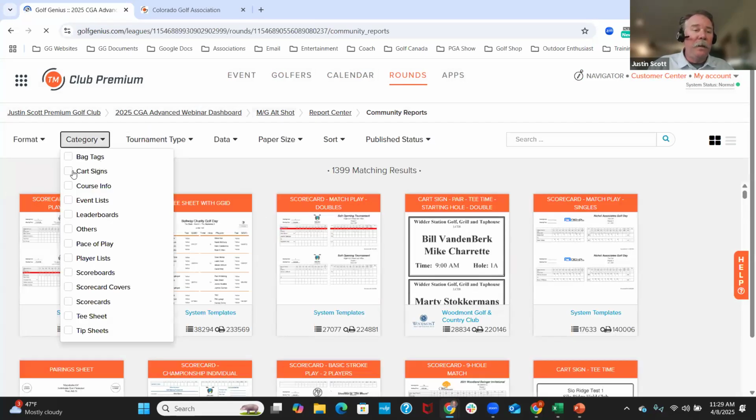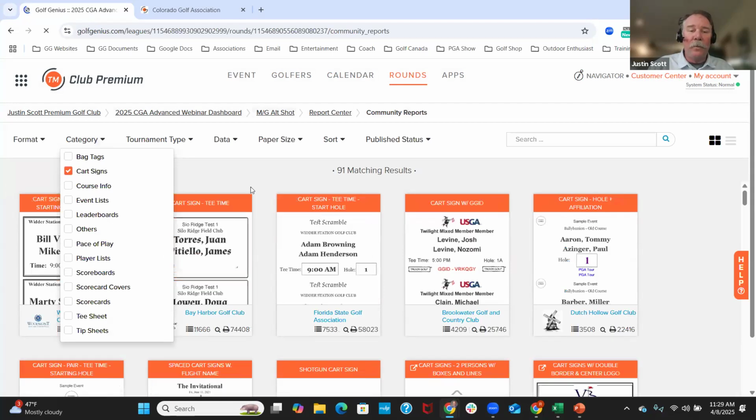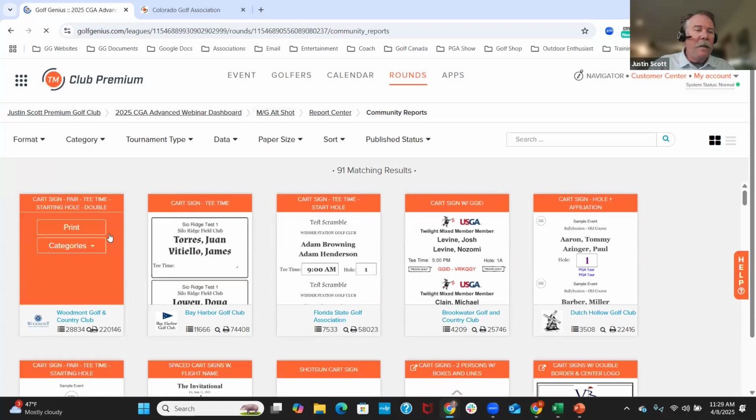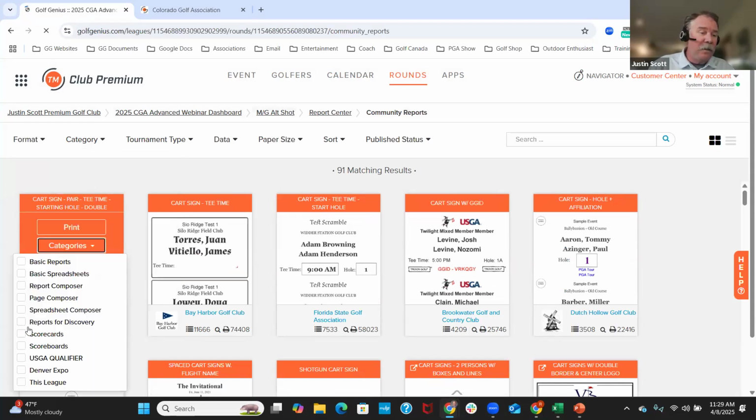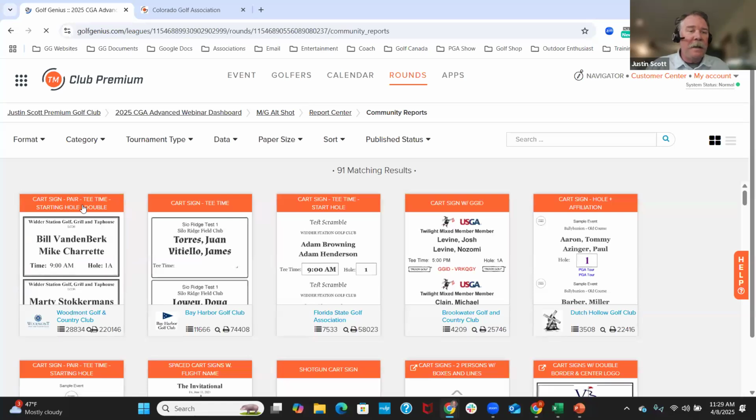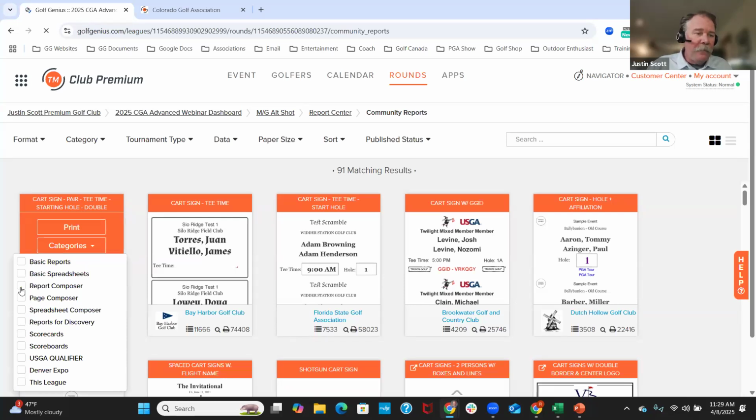And then we give you the ability to bring that cart sign, I don't know why I keep saying scorecard and T-sheet, we give you the ability to move that cart sign into your report center. And if you had a cart sign category, you could certainly put it in there. We could add another category. But if I put this cart sign, the starting hole double,